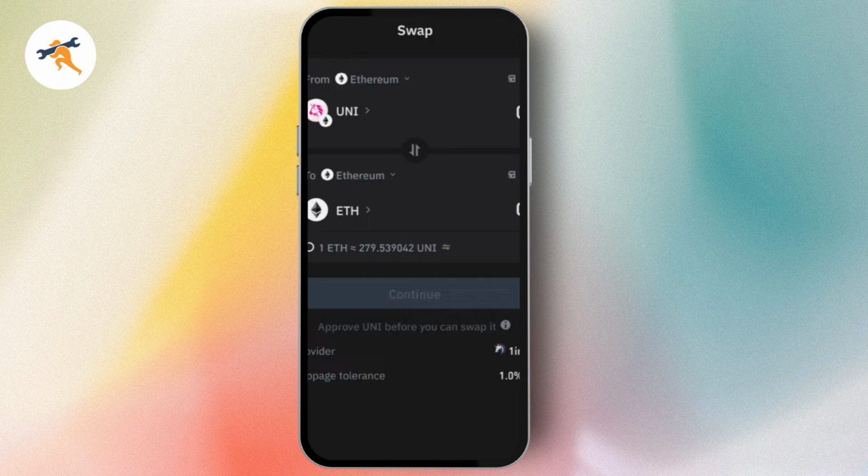Once you've chosen, you need to simply enter the amount, and once you've done, you just need to simply tap on OK, which is on the bottom of your screen, or the continue option, which will be on the bottom of your screen. But if this doesn't work, then the second way is you need to go back to your